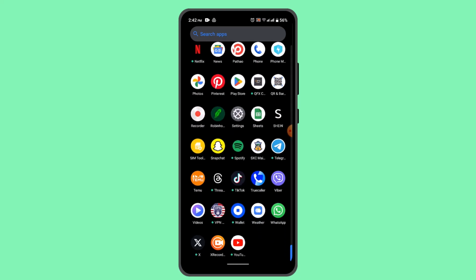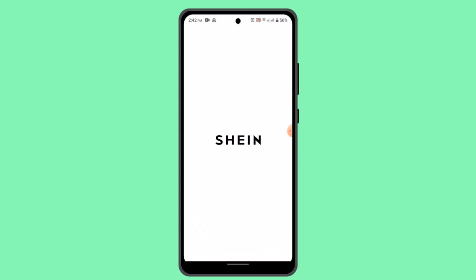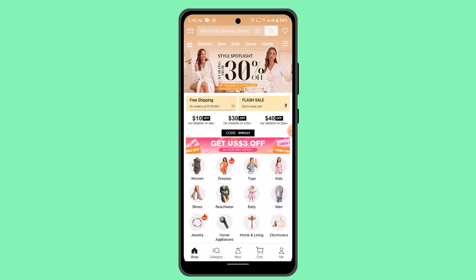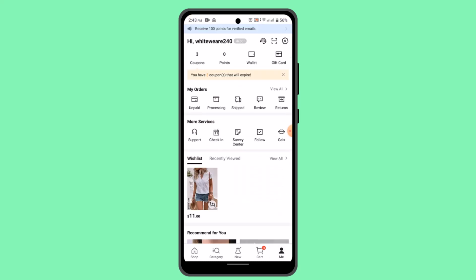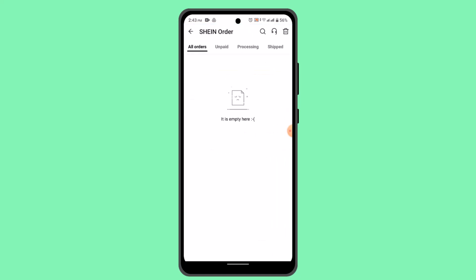Now then, to begin with, first of all, log in to your Shein account. Make sure that you're connected to an internet service. Now that you're logged in, go ahead and tap on the Me icon located right at the bottom, and over here you'll be able to see My Orders. Go ahead and tap on View All next to it, and here you'll be able to see the orders that you've made. And in order to return the item, you'll be able to find an option as Return under the